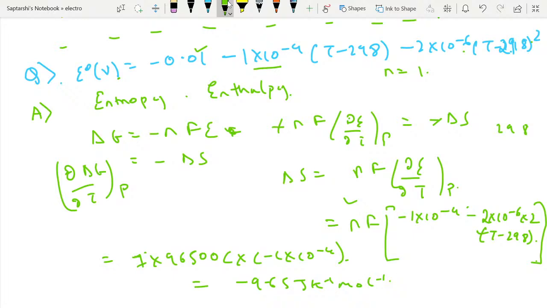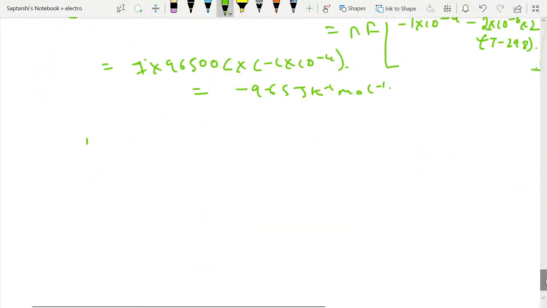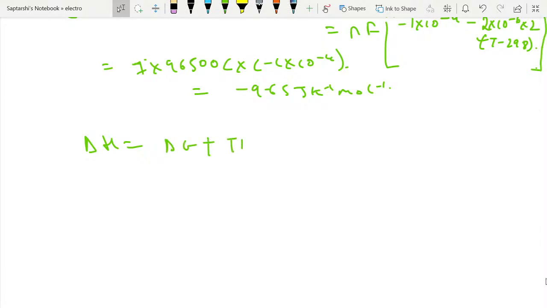And now they're telling us to find enthalpy. Enthalpy was del H, del G plus T del S. Okay, I think there was a mistake I made in the previous equation. So del G is equal to del H minus T del S. Yes, this is the thermodynamics equation. So del H is equal to del G plus T del S,